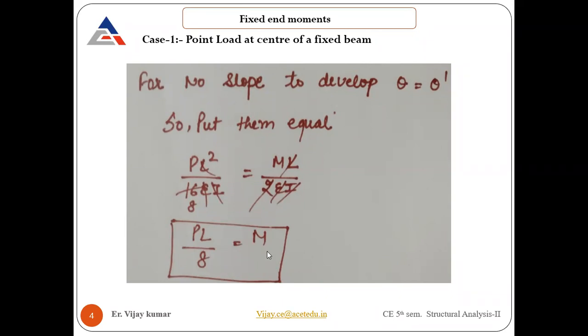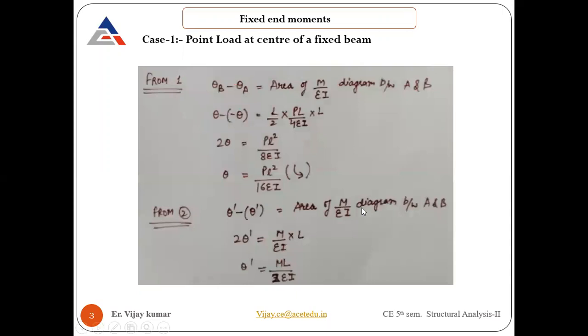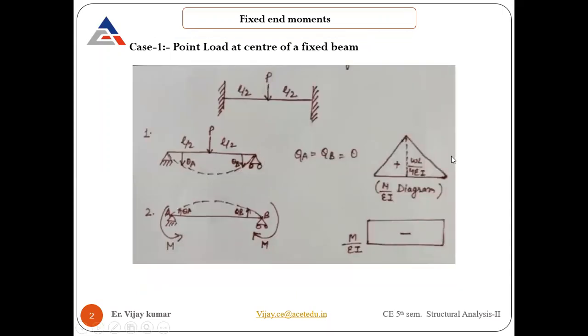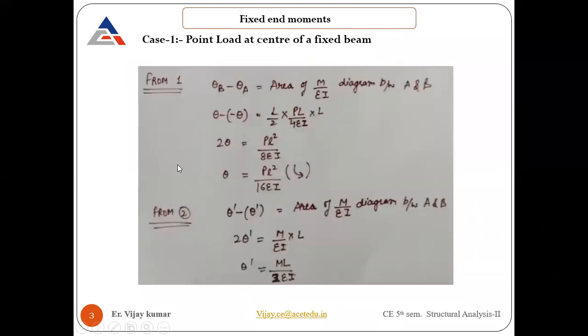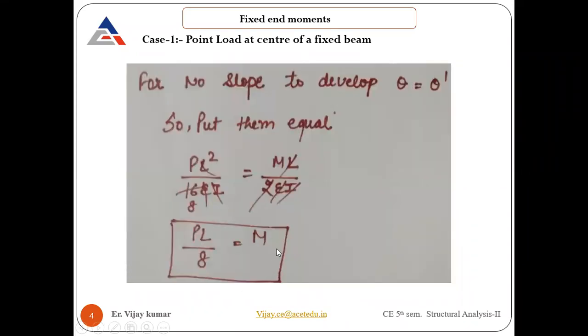Otherwise, go with the flow, meaning the procedure that we have seen. You first of all split this, draw the bending moment diagram, the M over EI diagram. In UDL, how will it look? It will be a parabola. So the parabola area is equal to this area, and ultimately you will get the value of this theta and equate it to the other theta. I hope everybody can solve this, and if you are not able to calculate, please let me know. I will solve it for you and share with you. It's a very simple, same procedure, each and everything will remain same. Just take a UDL instead of point load.